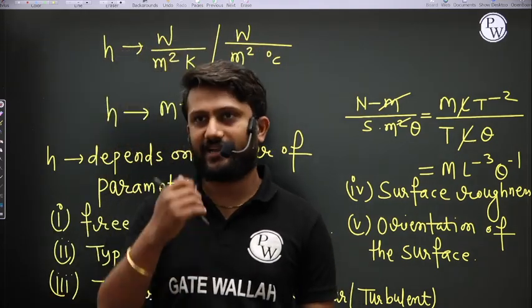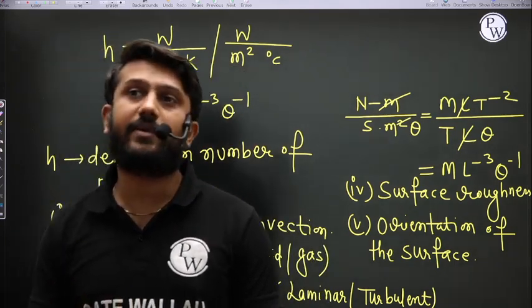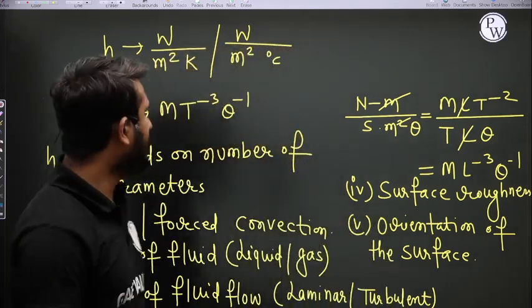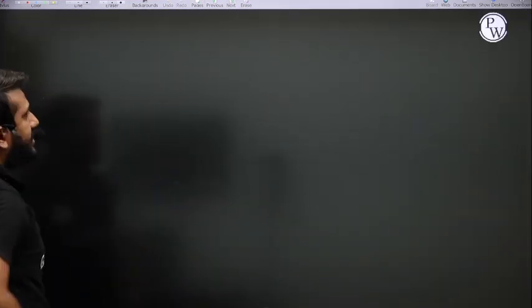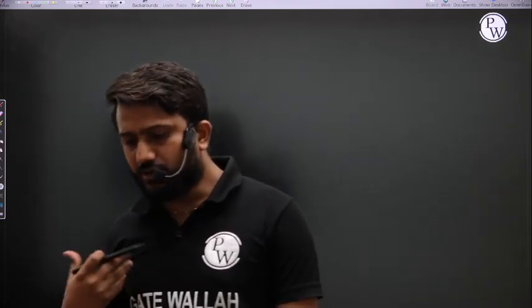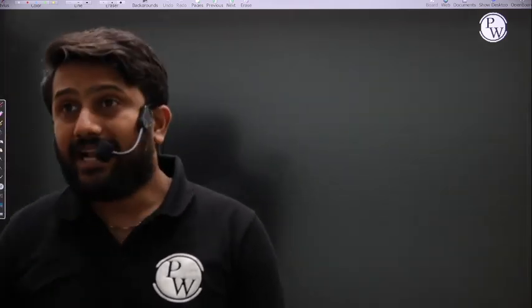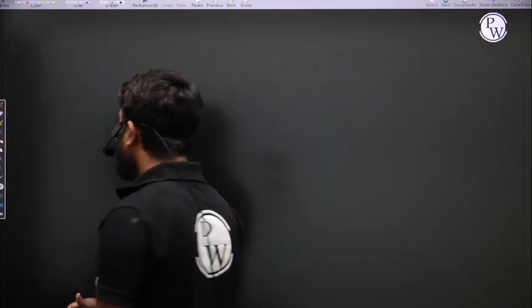It is not like thermal conductivity. Thermal conductivity only depends on the type of the material, but here the h value depends on a number of parameters. Is it okay? Now, let's start our discussion on free convection and forced convection. In free convection there is no external agent, but in forced convection an external agent is required. So you might be thinking, sir, then in free convection how does the advection take place? To understand this,